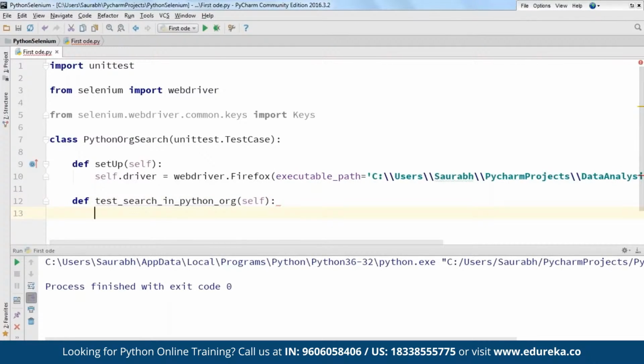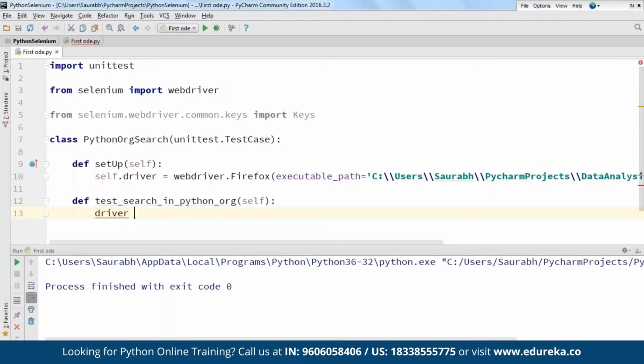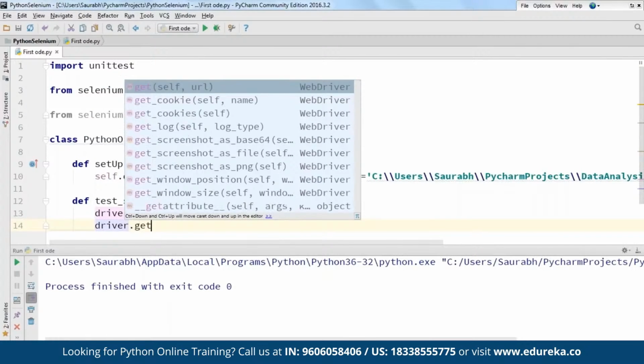Now basically the first line inside this method will create a local reference to the driver object created in the setup method, as I've told you earlier as well. So over here I'm going to write driver equal to self.driver. And now I'm going to use the driver.get method to navigate to a page given by the URL. So I'll type in here driver.get